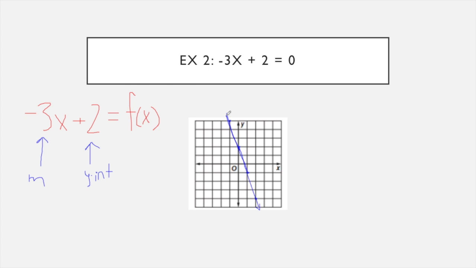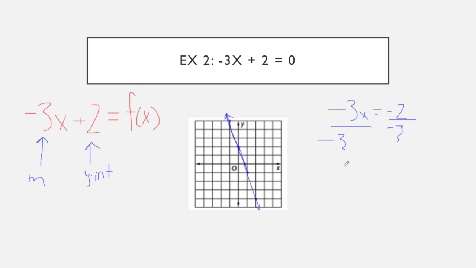Now what we need to know is at what point does our graph cross the x-axis? What is this value of x? Well, once we graph it, we see it's between 0 and 1. And if you want to double check with algebra, you can actually solve this thing for x. So if you solve that for x to double check, you could subtract 2 from both sides, and you would have negative 3x equals negative 2. If you divide both sides by negative 3,